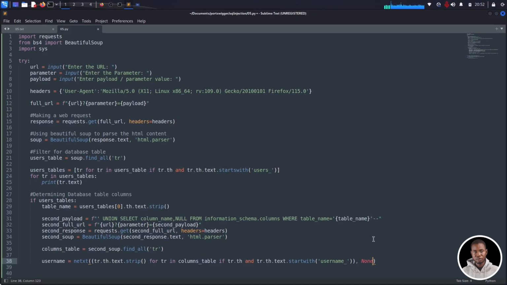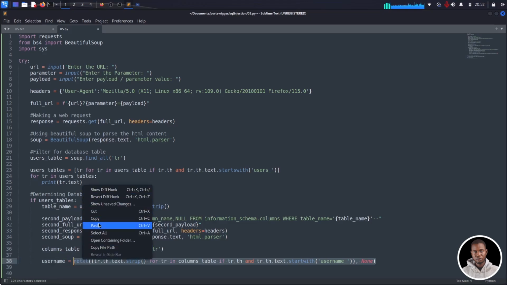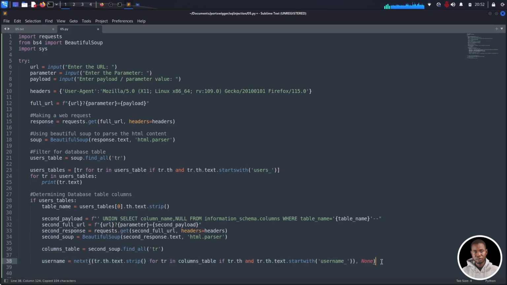Okay, so we can actually use the same method for both the password and the email. So the exact same logic we use here is the exact same logic that we use to extract the table name. So I'm going to copy this,